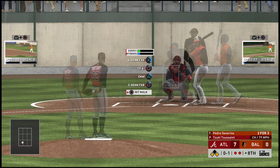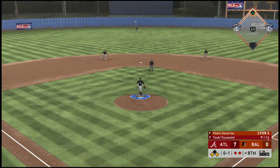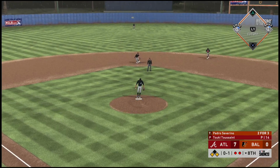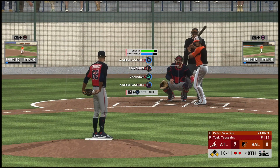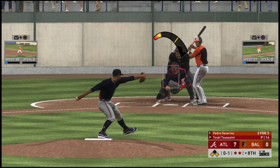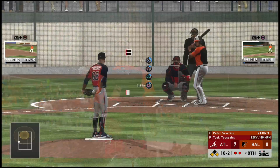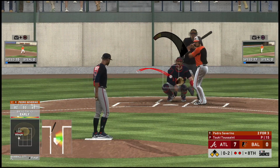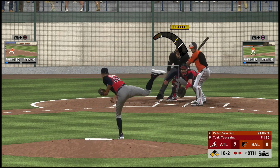Pedro Severino is at the plate now, and he takes a called strike. Hey, a changeup can be a pretty good pitch on the first pitch. Kind of slow down a good fastball hitter. Runners at the corners, 2 men out. Right over the top with that curveball, and it's 0-2. The count doesn't mean much to this batter. He's all in. He's not concerned with striking out, so he's going to...